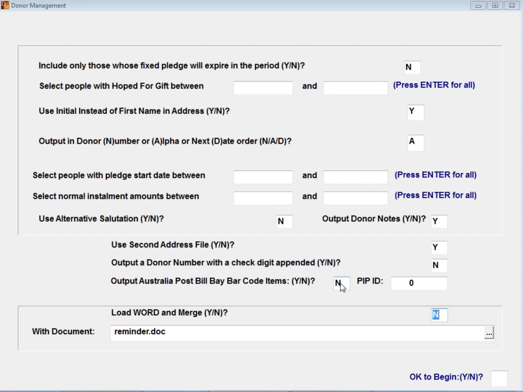Okay. If I've got a document already set up, then down the bottom I can say load word merge. It'll bring up reminder document. As I go through, it'll then select all the people that are due for a reminder, open my document, and I can then do the merge to say, your membership or your pledge payment, and I can put all the details in the letter from the pledge itself. So I can put in the amount that's next due, the date that's next due. In the case of capital appeals, I can also put things like the balance due, how many payments they've made. So really, you can customize it down to whatever you want as far as the letters go.